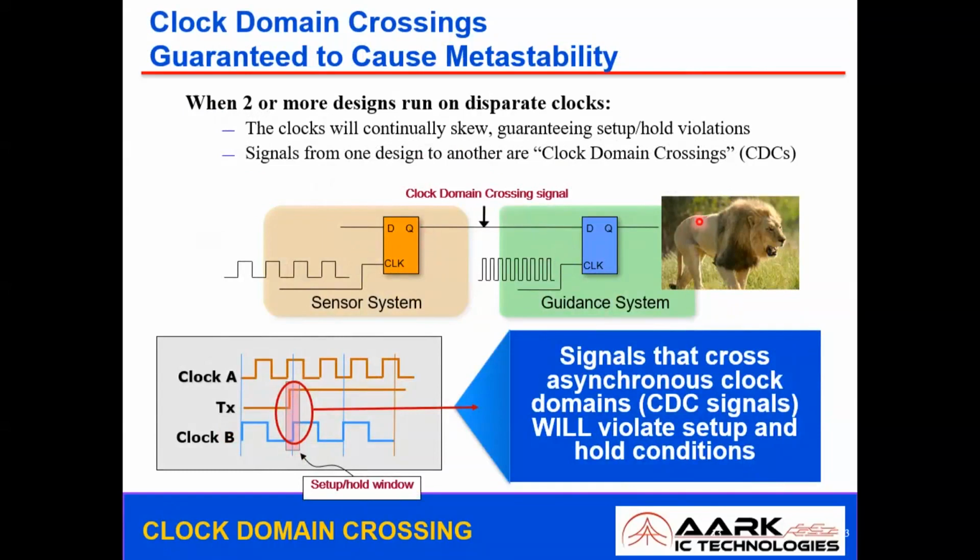the same data needs to be captured over here, but we are unable to capture the stable data, because the data is changing at the capturing edge of the second system, at the second clock. Since it is changing within the timing window, it violates either setup or hold. When it violates either setup or hold, the response of the second system might go into an unpredictable state. So this is one possible way of